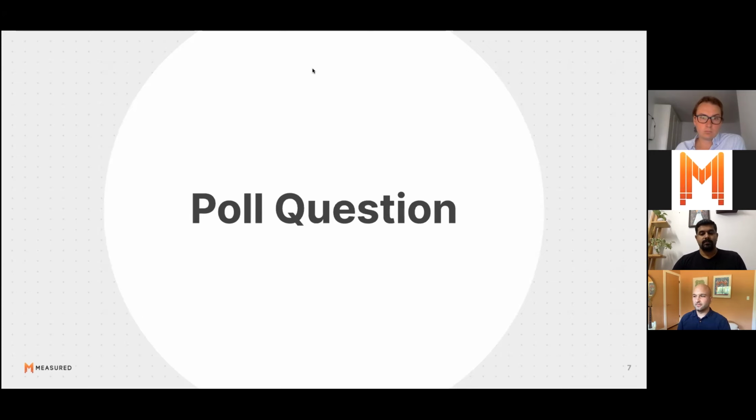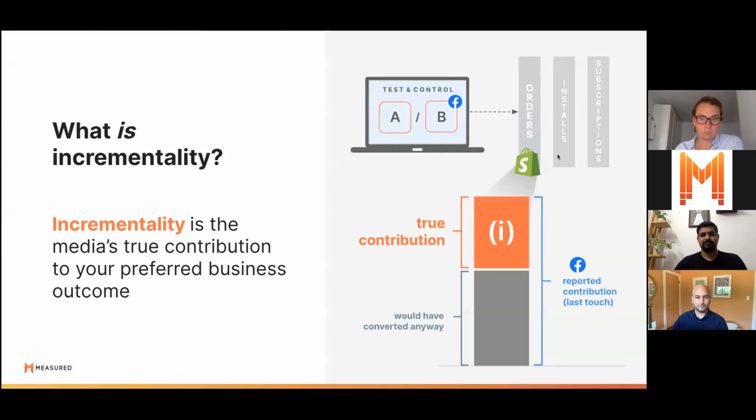All right. Lots of voting happening. Let's see what happens. All right. Right in the middle there. Somewhat trustworthy. Okay. So whether that means you trust it sometimes and not other times, or you're always a little bit skeptical, with 0% putting very trustworthy, I think that speaks to the need to either independently verify or find new ways to calibrate your measurement of those specific platforms. Great. Thanks everybody for participating there.